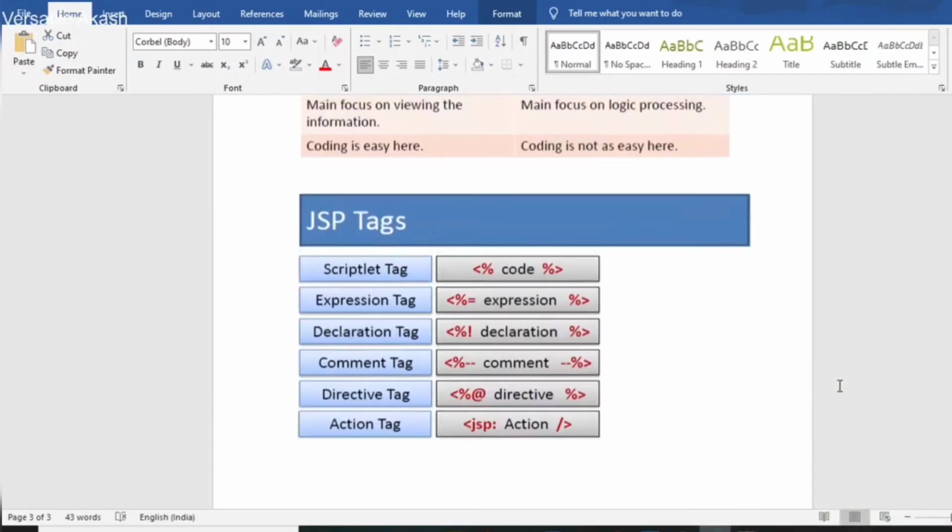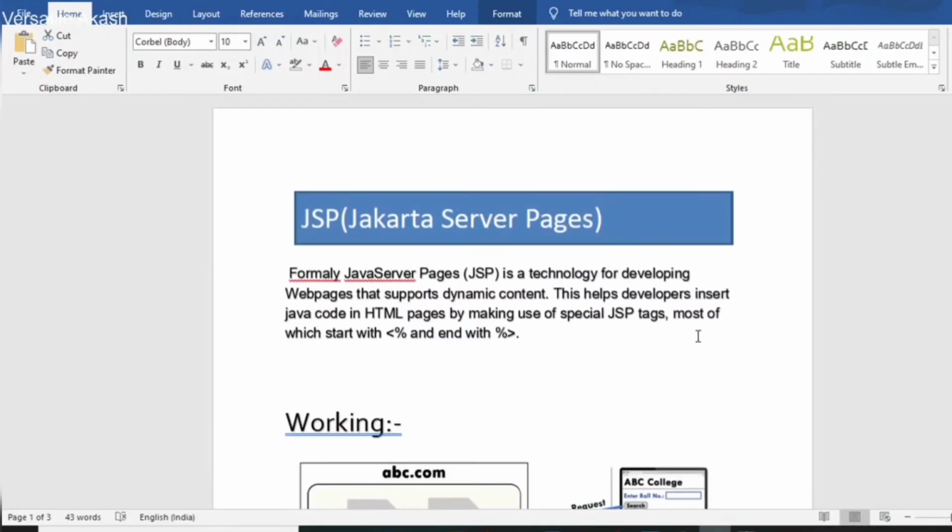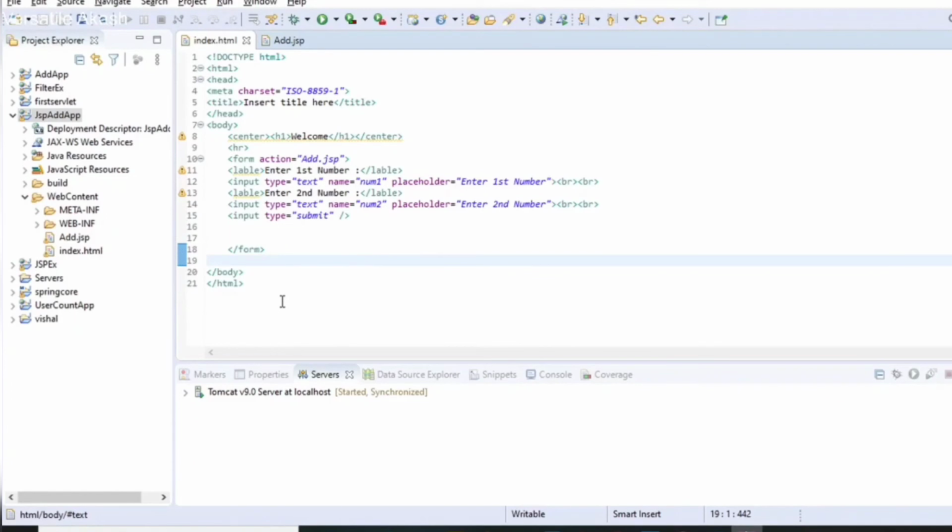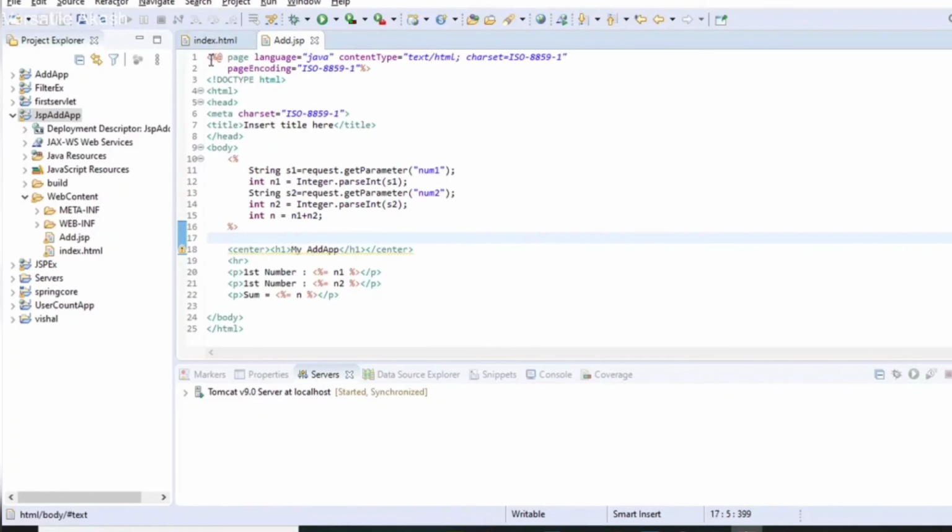So as you know, the JSP is translated into a servlet. If you want to see the servlet for this JSP, then follow these steps.